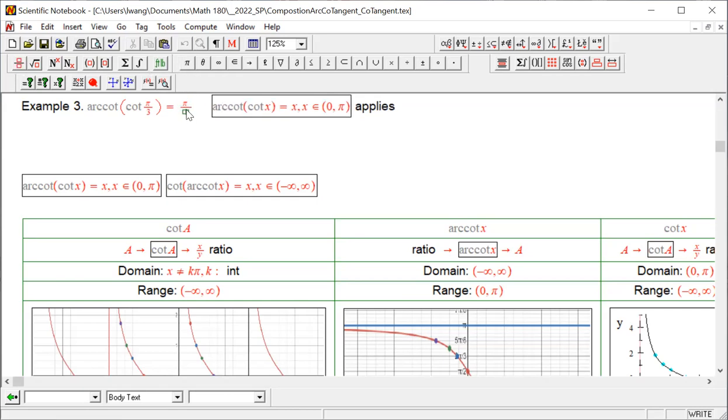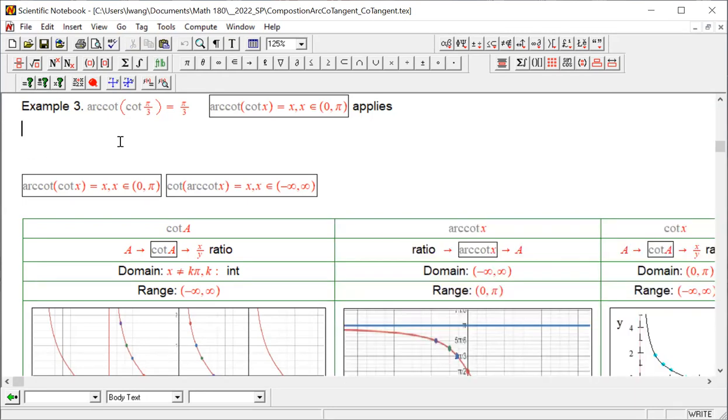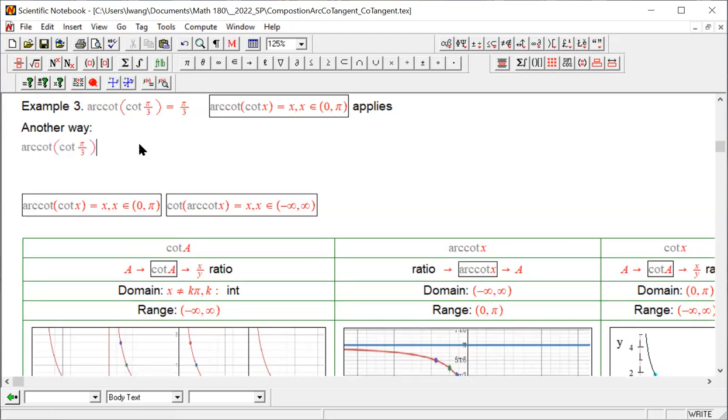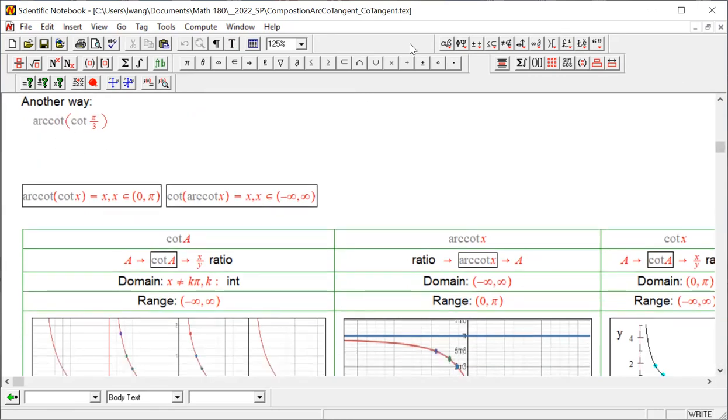So if we apply this, we get the answer very easily. Recall that we happen to have this case. In the event that we do forget, we can still do it the other way, from inside out, pretending that we don't know this shortcut. In that case, we can still resolve this, and because this is a special angle,